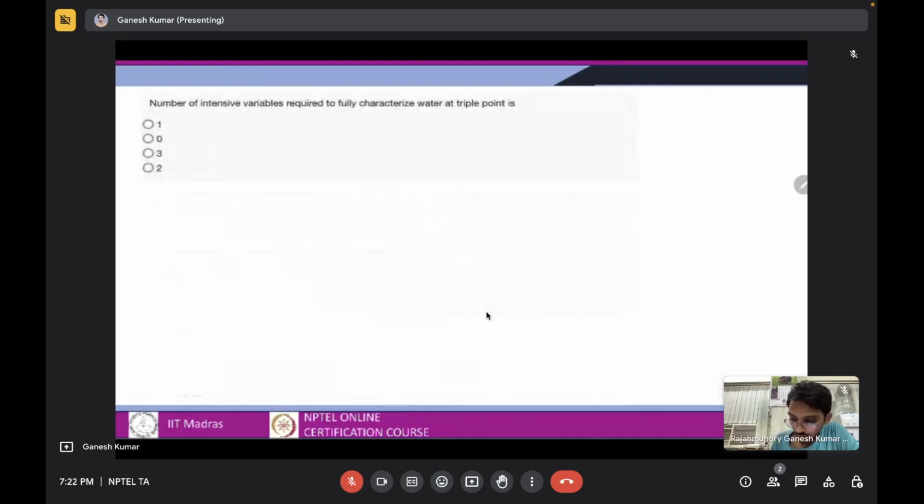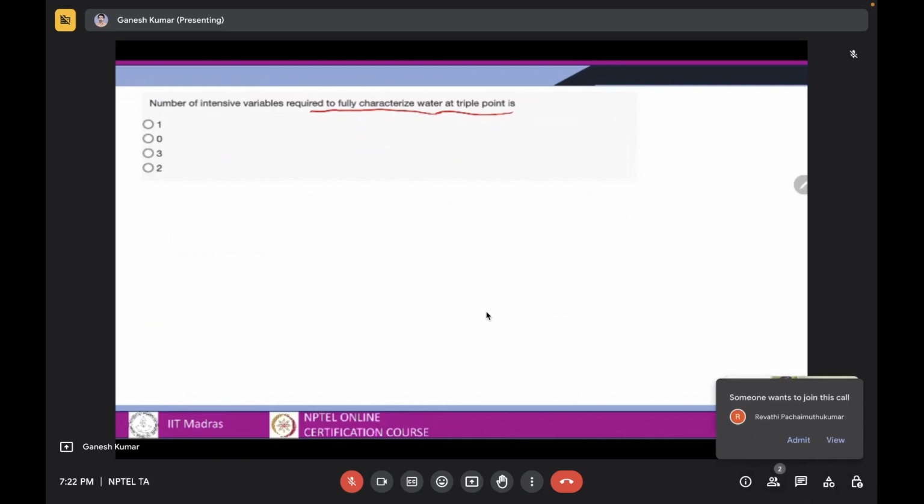So coming to the next one: the number of intensive variables required to fully characterize water at a triple point. If you look into the degrees of freedom from the